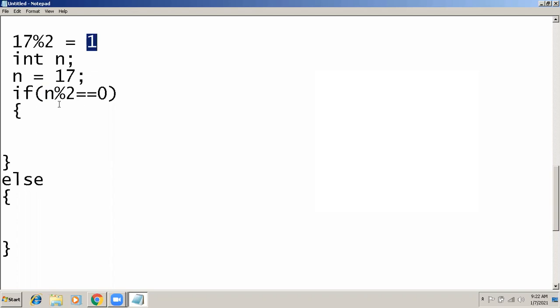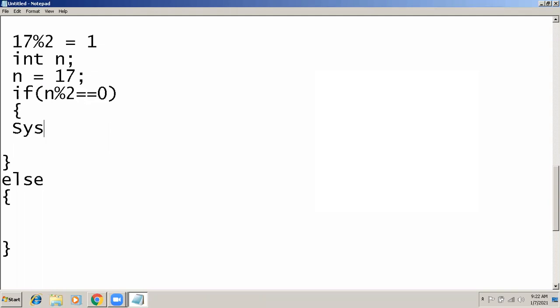First it will evaluate n modulus 2, so the result will be 1. So 1 equals to 0 means this expression will be true or false? False, sir. But if this expression is true, then which type of number will it be, even or odd? Even, sir.